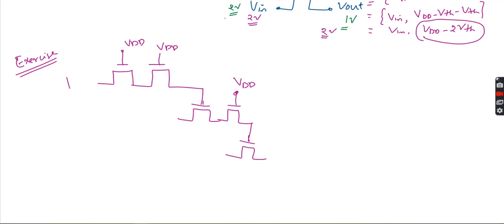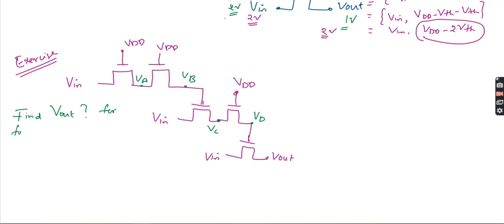Now this will be your Vin. This is also your Vin. This is also your Vin. This will be your Vout. You can take this portion as your VA. This is VB. This will be your VC. This is VD. My question is, find the Vout